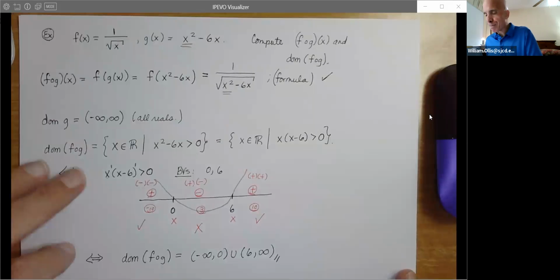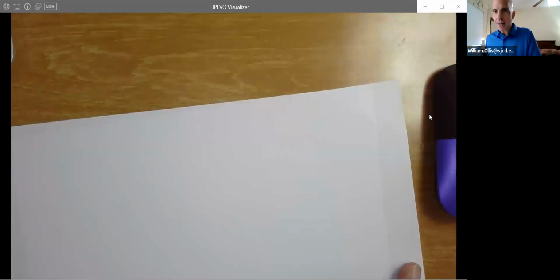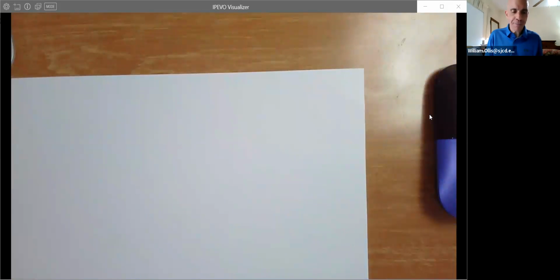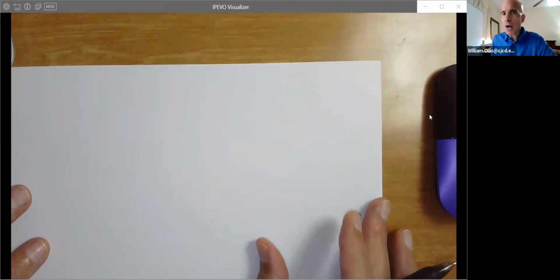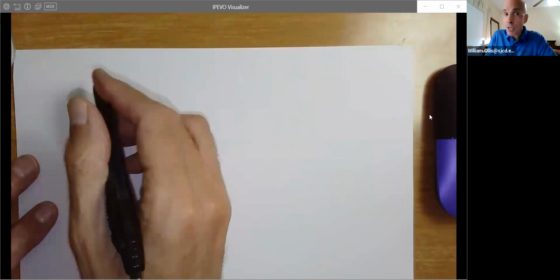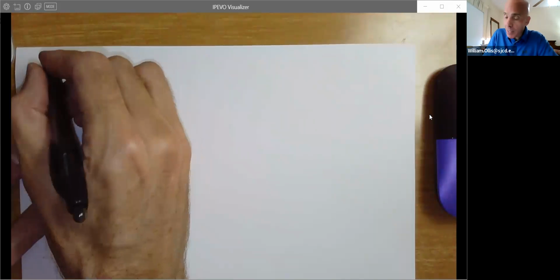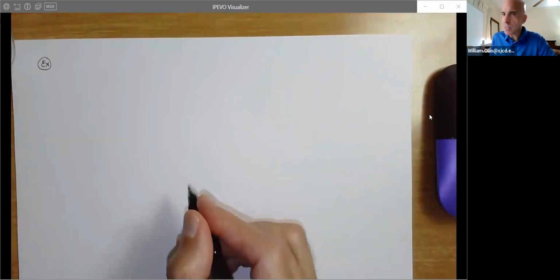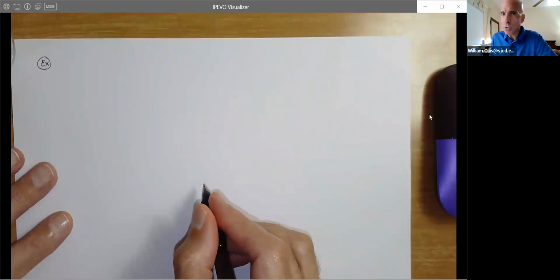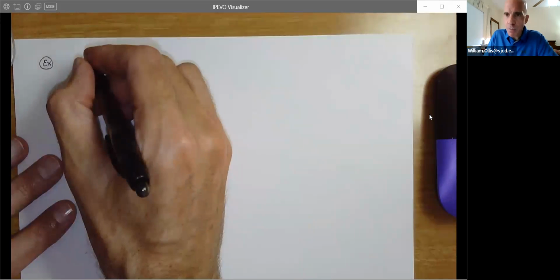Now, what I want to do, just to kind of help you out with the WebAssign, there are often problems in your WebAssign where you're given values, and I thought this was an interesting problem. You're just asked to compute values of a composition where you weren't given actual functions. You're basically given a table of values. So I want to just show you how to do this so you can get practice. It's very simple, but it may be new to you. You may have done this in college algebra, but I'm not really sure what you all do. It's such a wide range of